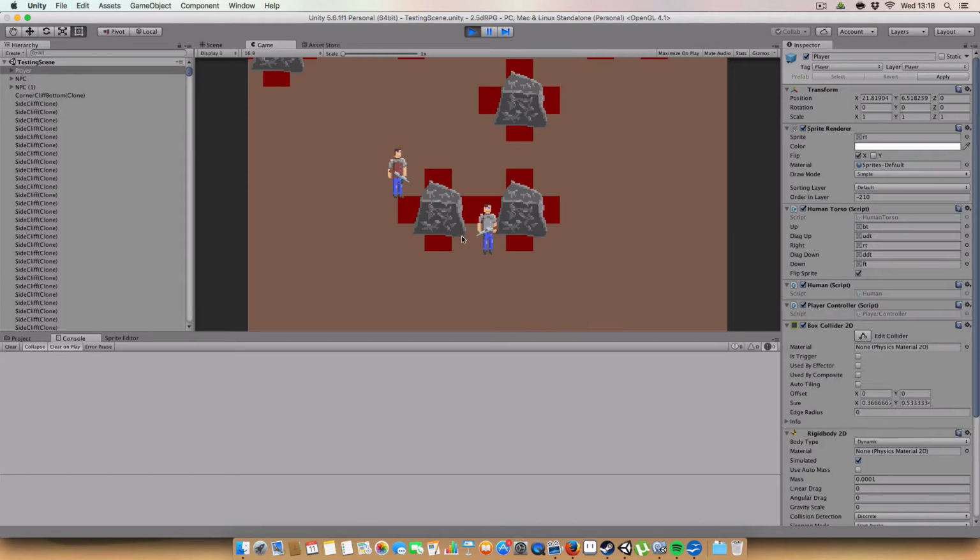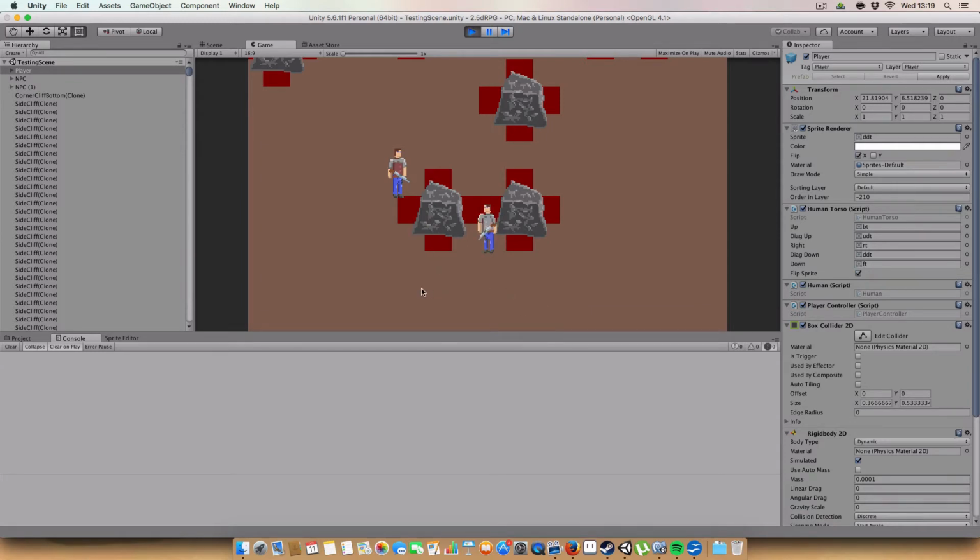Today we're just going to be implementing quite a basic weapon system, where we can give NPCs or a player a weapon object, and if they click they can shoot, and the weapon will rotate to face the mouse or some kind of target that you pass in as a vector 3, and the sorting order changes based on where you're rotating. So if you're facing up it'll be in front of, but if you're facing down it'll be